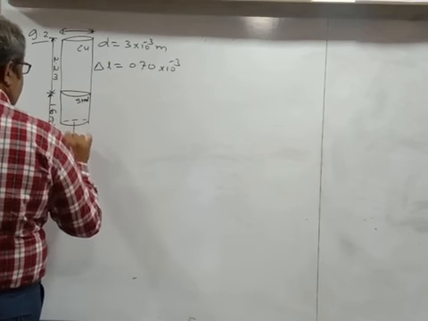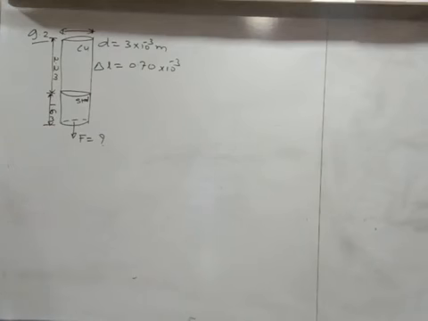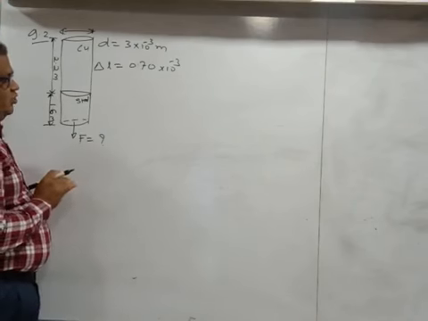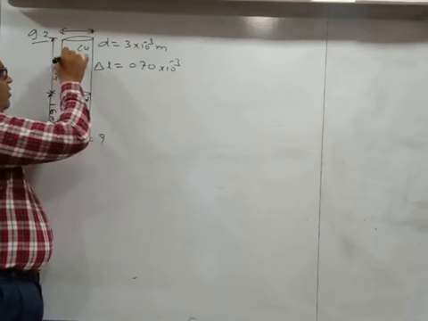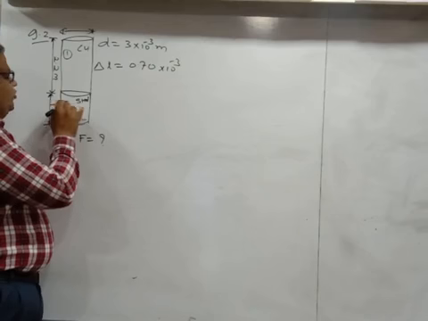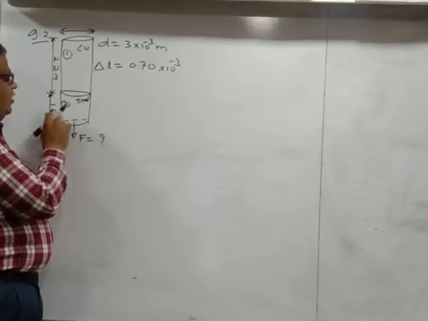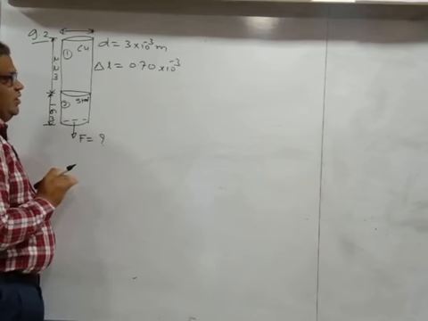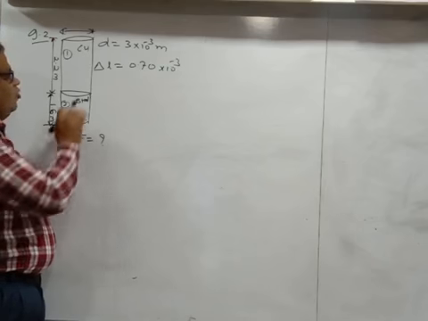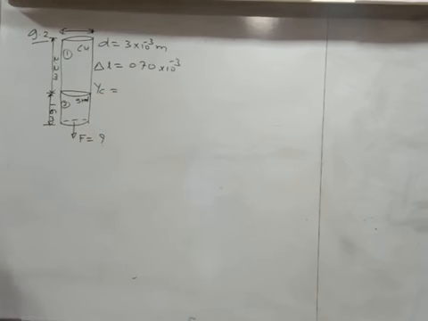Total elongation. Now they are asking us to find out the total load applied. Now this much information is not sufficient, because you are given the length. Let us say this is our object number 1, this is our object number 2. So they have given us length of object number 1, length of object number 2, and total elongation and the diameter. But you cannot do this unless and until you have got the value of Young modulus of copper and Young modulus of steel. So we will find out Young modulus of copper. Okay, how can we find it out?